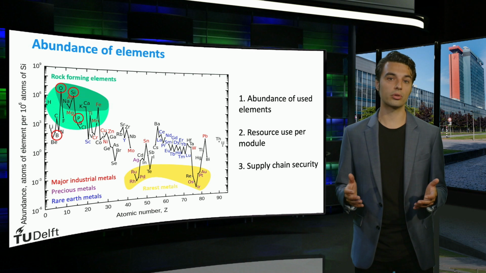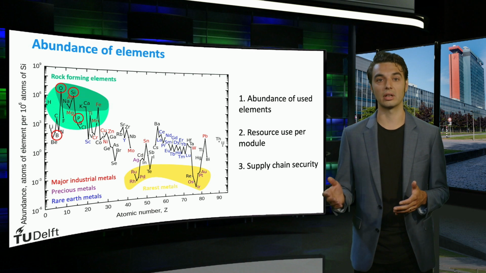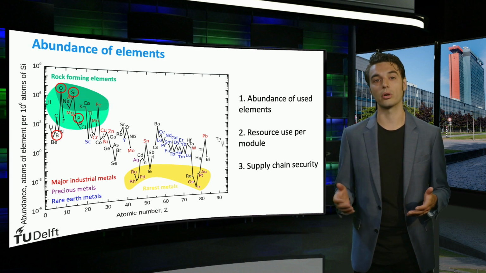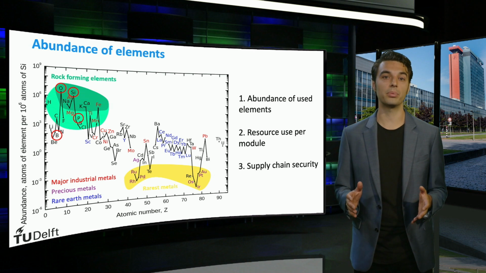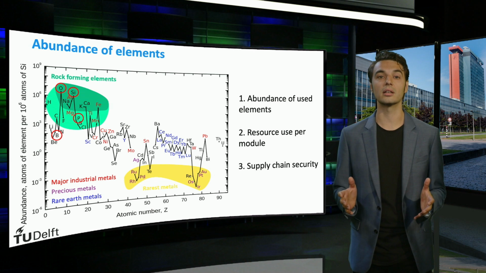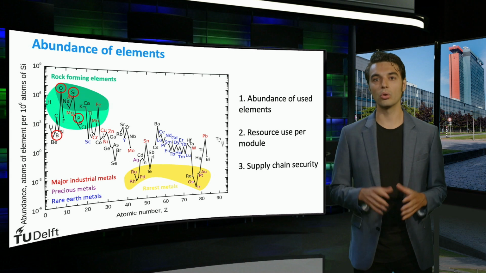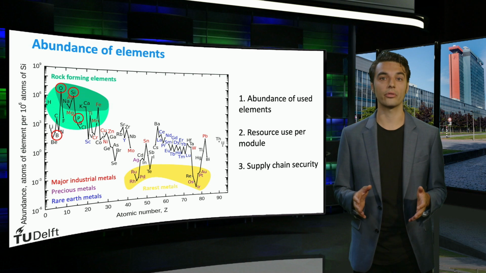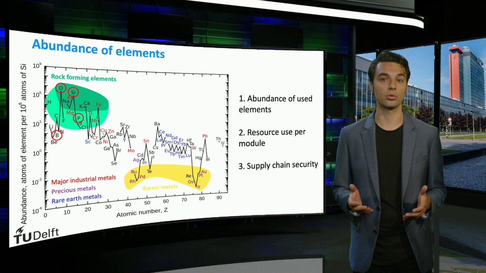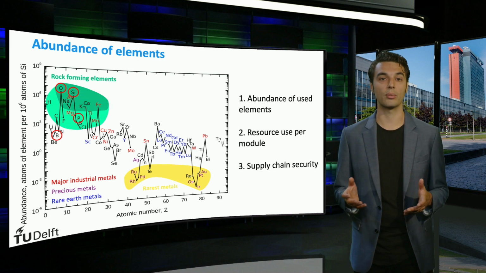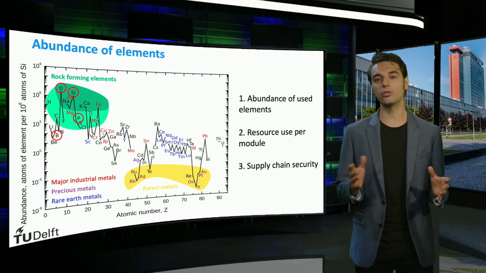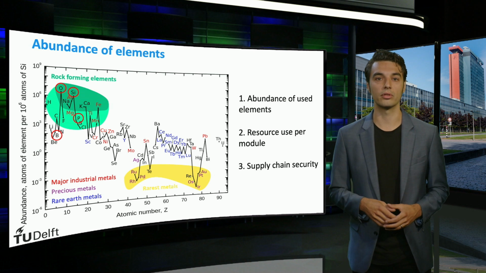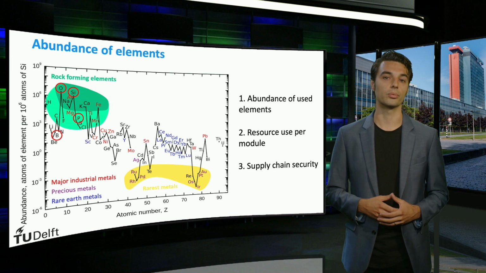The elements used for crystalline silicon solar cells, such as silicon, phosphorus, oxygen and boron, are very abundant. This is one of the reasons why silicon PV has evolved to be the market leader it is today. Only silver, used for the metal contacts on a solar cell, is a precious metal, which could prove a challenge for the required terawatt scale implementation of photovoltaics. Research efforts are therefore devoted to the reduction of silver use per PV module.